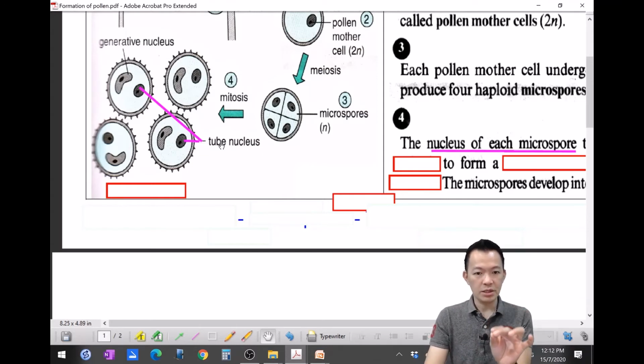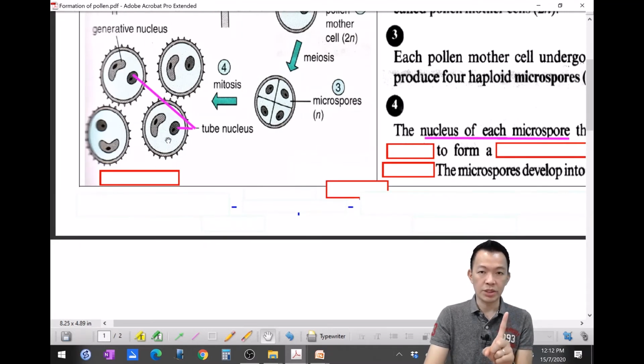The other nucleus we're going to call the tube nucleus. Okay, tube nucleus. What's the function of this tube nucleus? 等下才讲。Okay, so 1, 2, 3, 4 microspores, and the nucleus in the microspore goes through the process called mitosis and becomes 2 nuclei. One of the nuclei 就叫 generative nucleus, 另外一个 nucleus 就叫 tube nucleus. And both of the nuclei actually have their own function 啊，它们都有自己的功能。So now microspore 里面收藏了2粒的 nucleus，这整个结构就叫花粉 pollen grains 花粉。